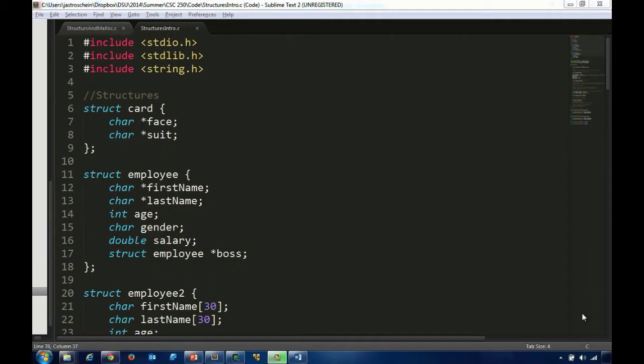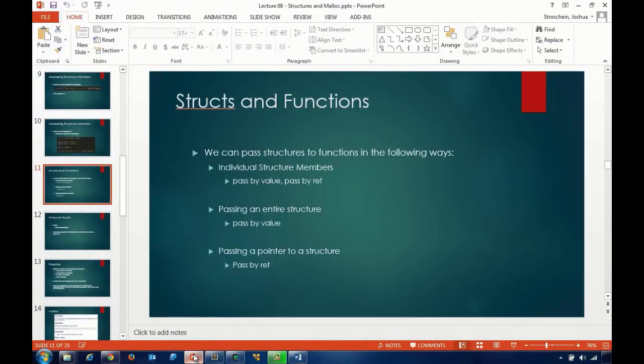So let's go ahead, and I actually have a few slides here. Same slide deck that we used for the first lecture. We're just going to look at a couple of them here. So structures and functions. There are three ways we can look at passing structures around to functions. One is that we don't actually pass the structure itself, but we pass the member. Okay, if we pass the value of a member, then we're just essentially passing